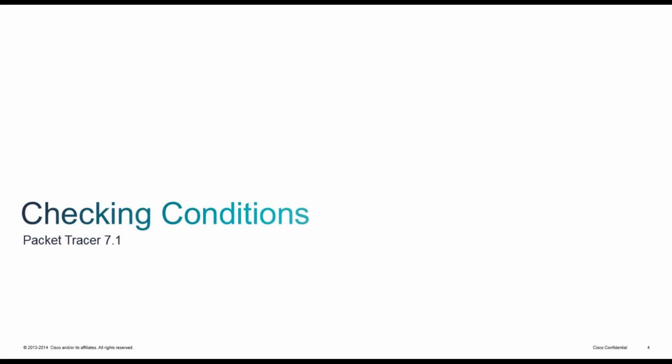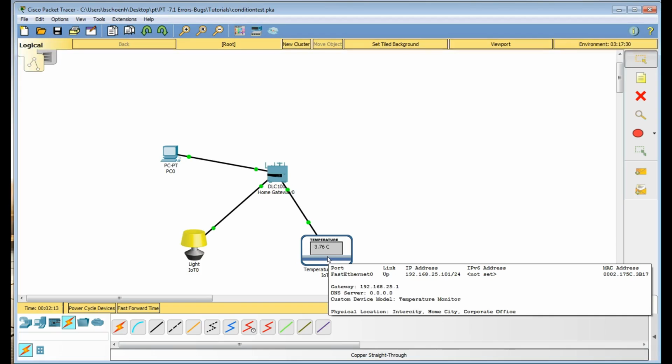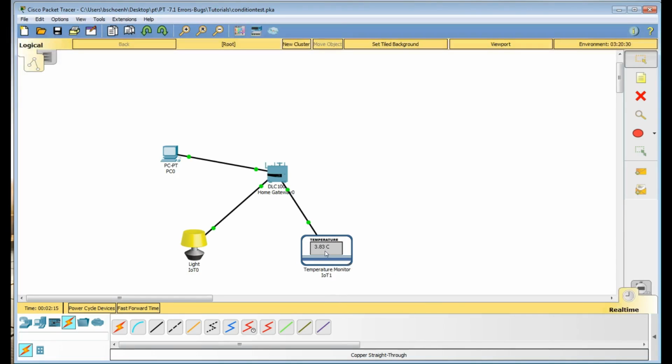The code testing in the Activity Wizard can also be used to check conditions that exist on the smart devices. We've created a file in which we need to make a condition that will turn the light on. So when the temperature goes to 5 degrees Celsius, we'll then have the light be turned on. Now this is already an activity, and if I was to do this, and put in the condition, I would